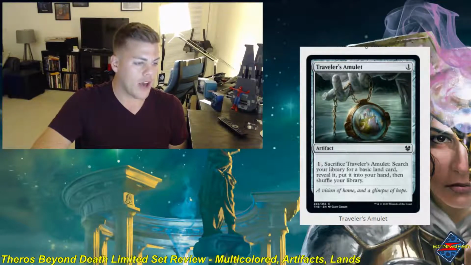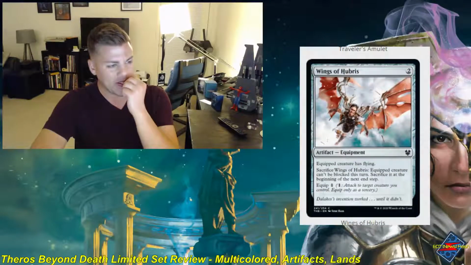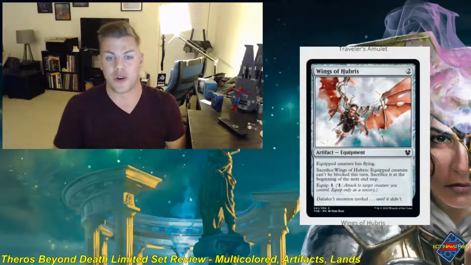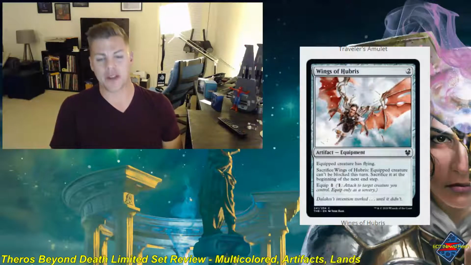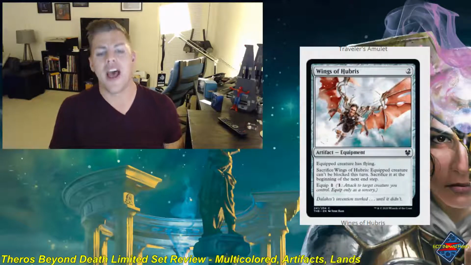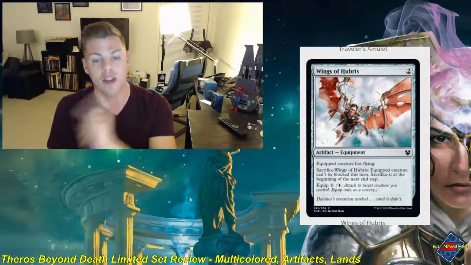Next up, we've got the Wings of Hubris. For as bad of a card that this is, super flavorful. I mean, just Icarus on a card, for crying out loud. 2 generic mana, artifact equipment, common. The equipped creature has flying, and you can sacrifice it, and the equipped creature can't be blocked this turn, and